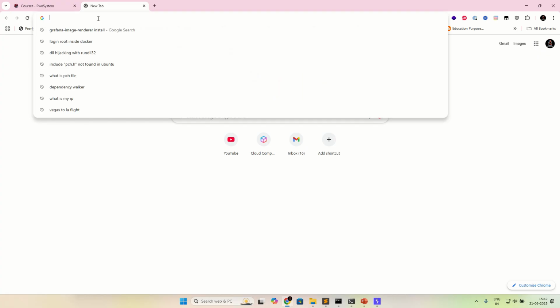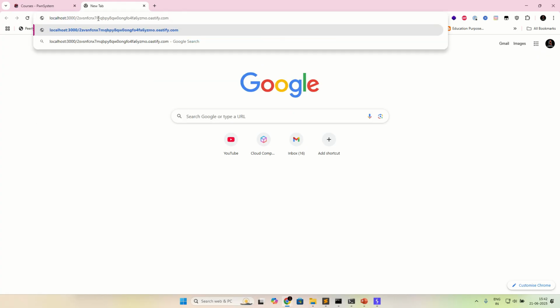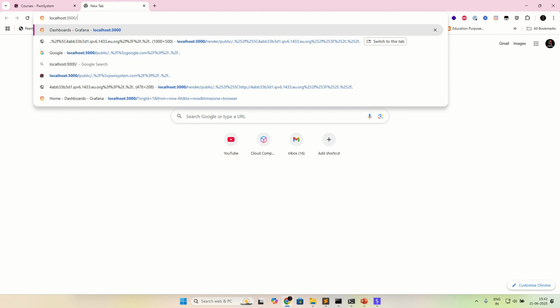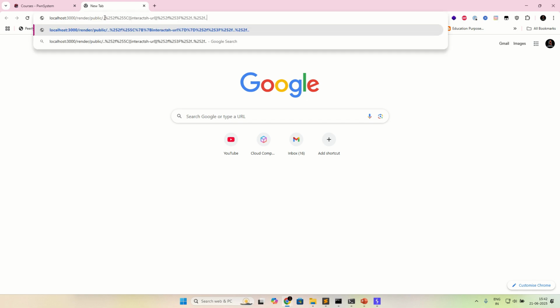and let's say localhost again, where we need to give the render public. So render slash public, and here we need to give the URL. So here I am passing the Burp Collaborator URL.